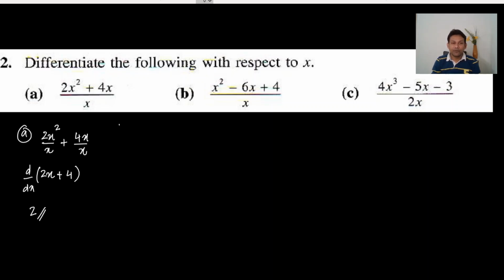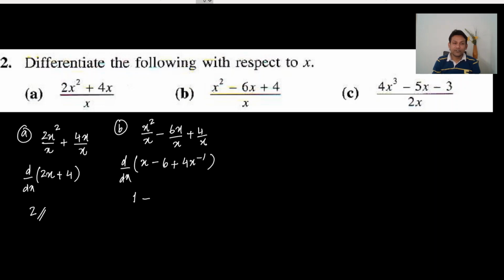Part B, again I have to do the same thing. Like I have to write x squared upon x minus 6x upon x and plus 4 upon x. When we simplify this, it is coming x only and minus 6, and this will become x minus 1. Now apply the differentiation. Very simple differentiation we are doing. X differentiation is 1, 6 differentiation is 0, and when we apply here minus 1 will multiply with 4 is minus 4, and x will become minus 1 is minus 2. Even if you want to write this power like in denominator, you can write 4 upon x squared,